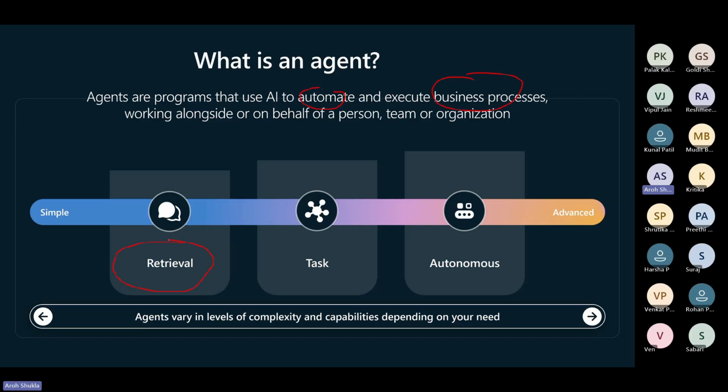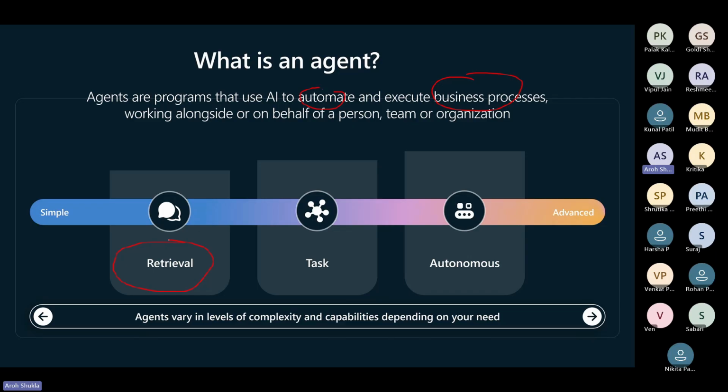Think about the example of a Word document. I got some Word documents from many people. I want to make it a simple Word format from maybe 7 to 8 users. I want to collate it and make a summary of that. That is called retrieval. I retrieve information from different places, and then I make a 5-page document summary for my C-level people, my CFO, my manager. That is a simple way to do it. This is a simple agent, okay?